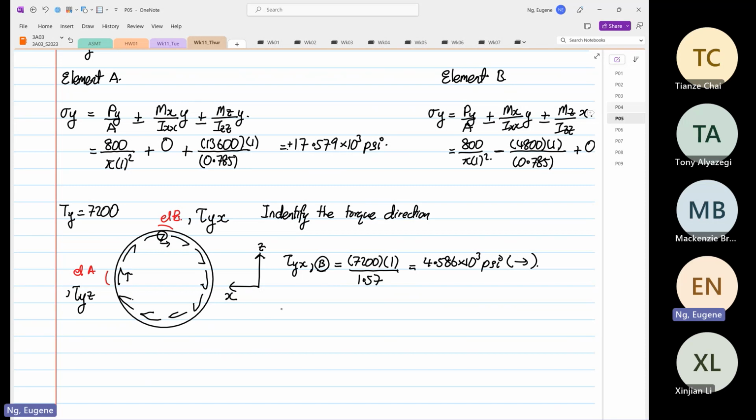So the shear YZ at point A is also equal to the same value, psi, and then it is going up. So those are our